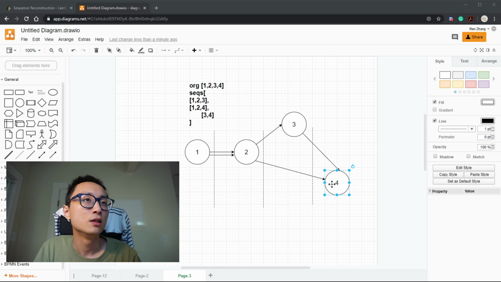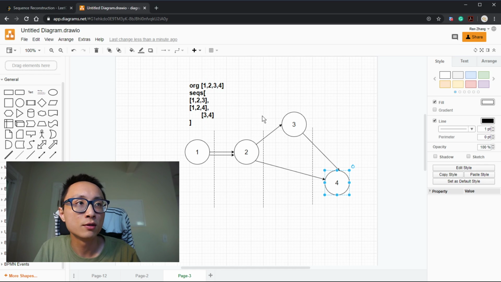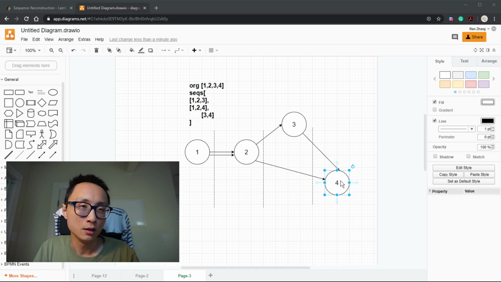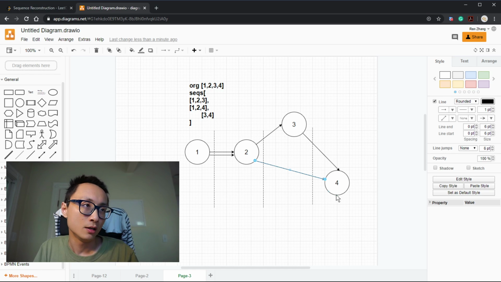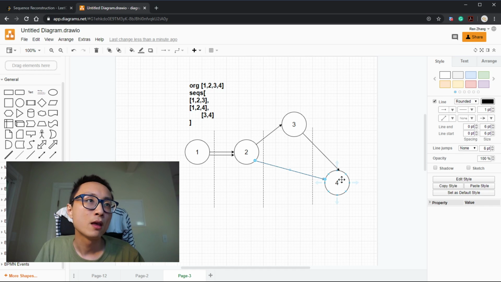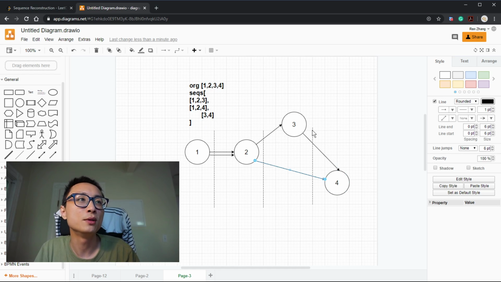But for number 4, it's not the same case. It's not the same as number 3, because we know with this additional sequence 3, 4, there should be something that we should visit before 4. So just by looking at node 2 and its out edges, excluding this out edge, node 4 still has something that should come before it. So it's not the time that we should visit it yet. That's basically saying it's not the time that we put node 4 onto the order. We have to wait until all the stuff has been cleared.